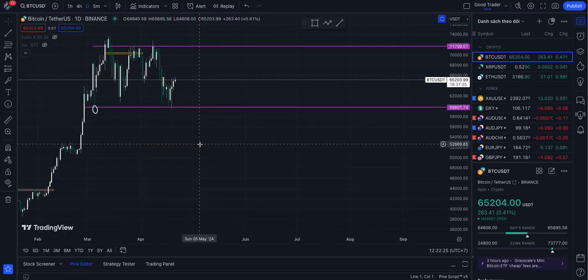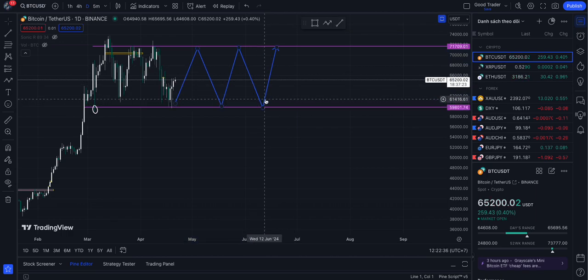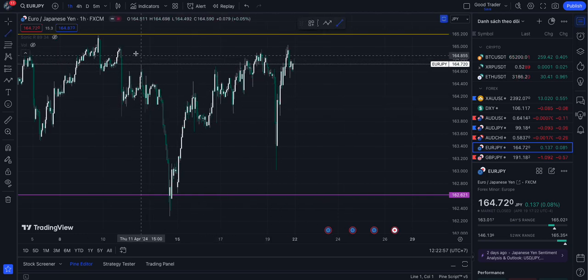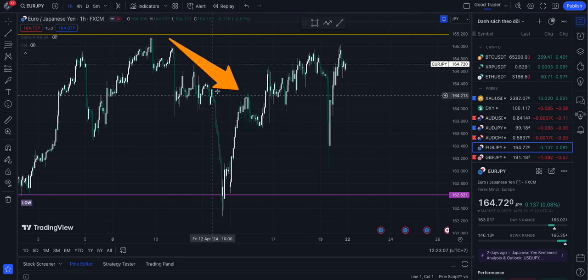So on the daily time frame, I think that the price is going to be in a ranging area, or you say sideway. So that's for the Bitcoin. And this analysis is applied with the euro and the yen, because in my previous video, I have said that we shouldn't buy, we shouldn't be in long positions because the structure